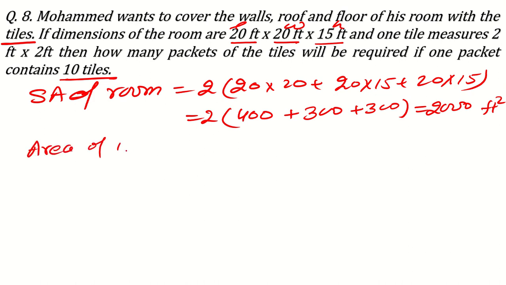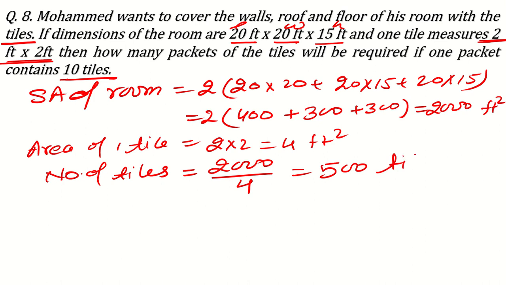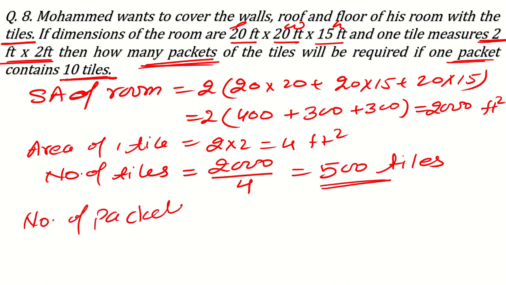Now area of one tile, it is given to us. Yes, you see, if one tile measures 2 by 2, so it is 2 by 2 means 4 feet square. So number of tiles will be, how many tiles required here? It will be 2000 divided by 4 means 500 tiles are required. But this is not the answer, because they are not asking about the number of tiles. They are asking about the number of packets. And in one packet, how many tiles? 10 tiles. So number of packets will be equal to 500 divided by 10 means 50 packets of the tiles